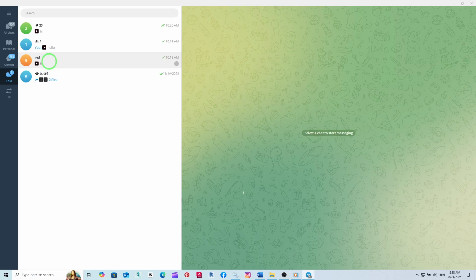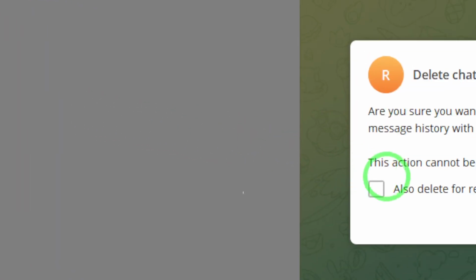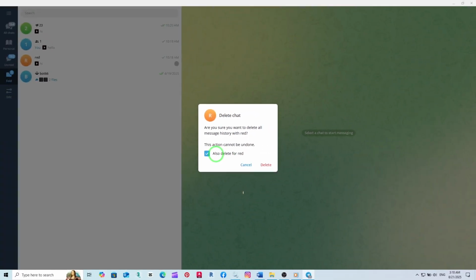Once you find the chat, right-click on it. A context menu will pop up with several options. Look for delete and leave or a similar delete option. Click on that. Before you confirm, make sure to check the box that says delete for everyone or delete for